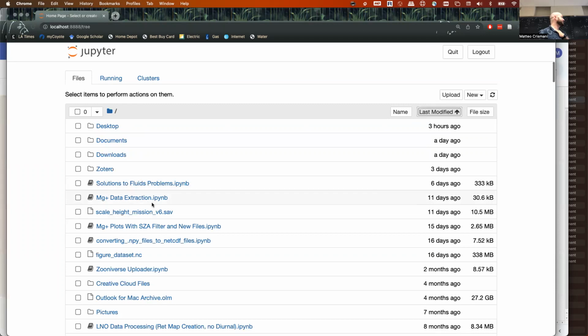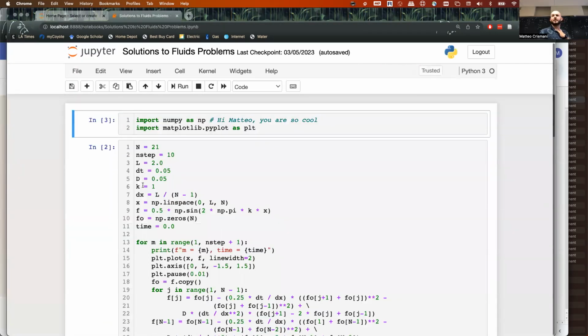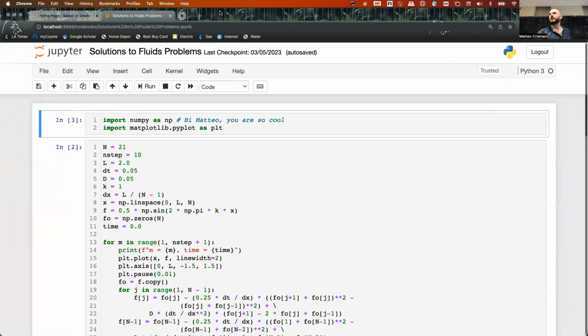Okay, so here's the solutions to the fluid problems. We'll post these. Because what is the important part of this class? Learning, right? And of course, there's always problems with my code. I do that intentionally, because if you just read someone else's code, you haven't learned anything. And if you just read ChatGPT's code, you've learned less.